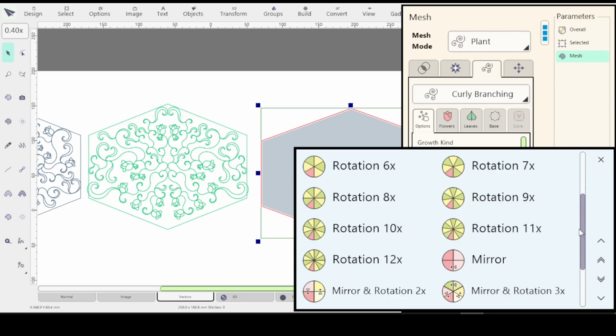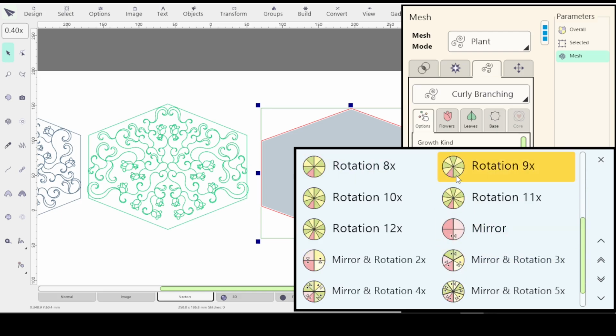And what that means is that's the part of your vector shape that the little slice of pie, so to speak, is going to be generated from. So whatever shape your design is in this bottom left, that's the design that's going to be